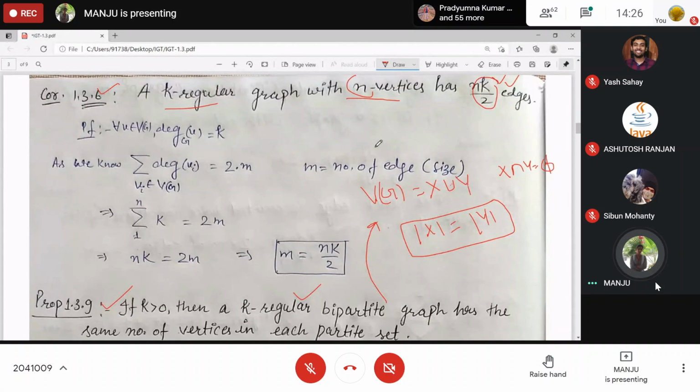So try it. For a bipartite graph, we have the degree sum formula. Obviously, this works here, but here we need to apply the other formula I told you, which is more specific to bipartite graphs only.